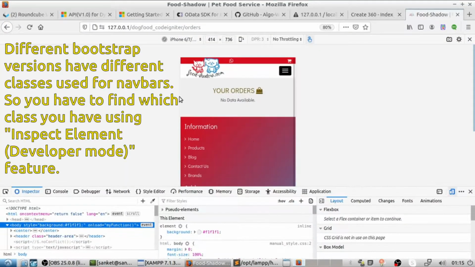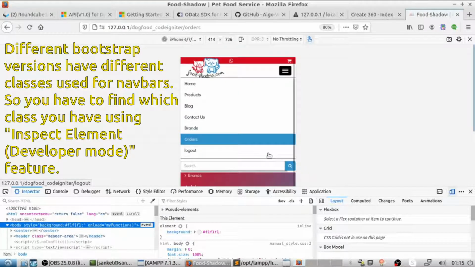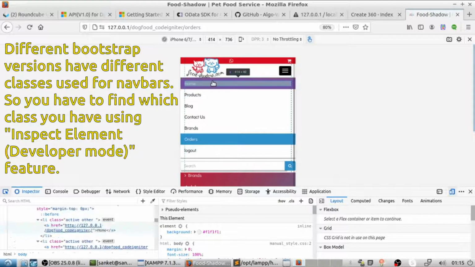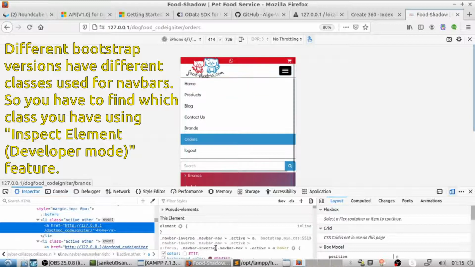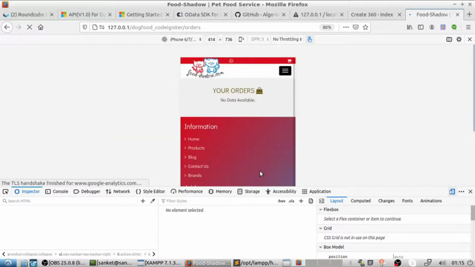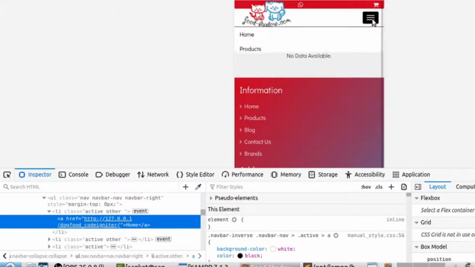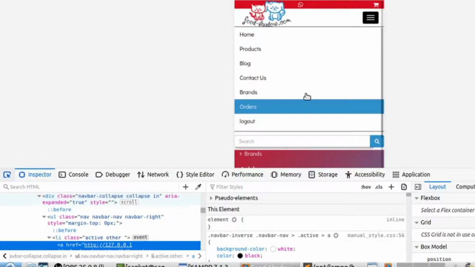Now we have to observe which one is the main class which shows the navbar. As there are different types of navbar for each version of Bootstraps, only the class's name will differ from me, but overall the process will be same.